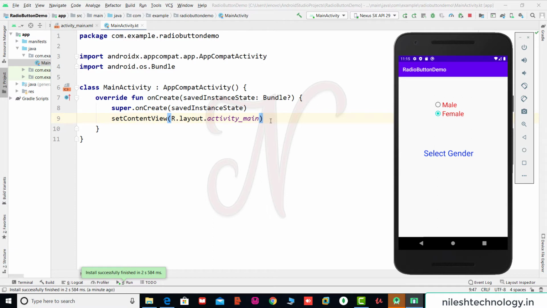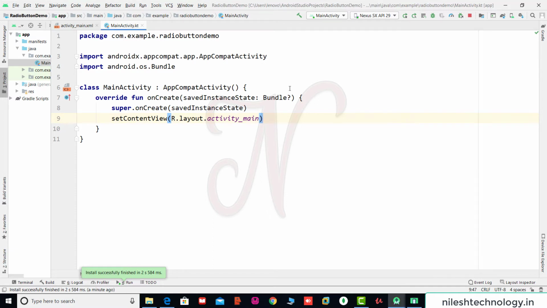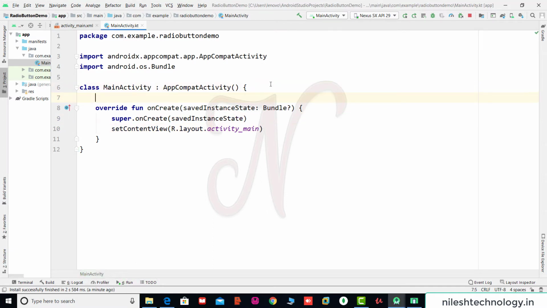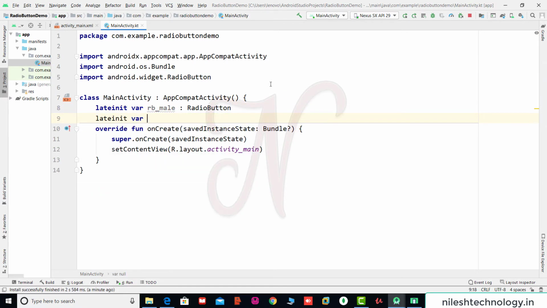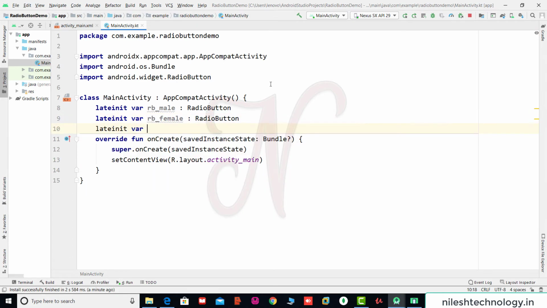Now let's proceed to the action code. Here we map these two radio buttons. We declare two variables: lateinit var rb underscore male, which is a radio button, and the same for rb underscore female, a radio button. And again txt, which is the text view.